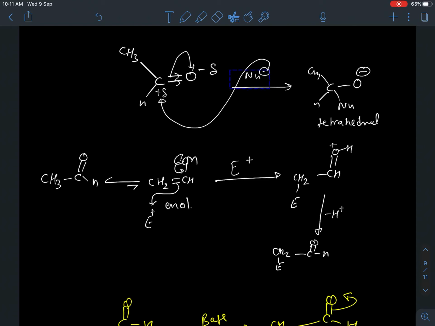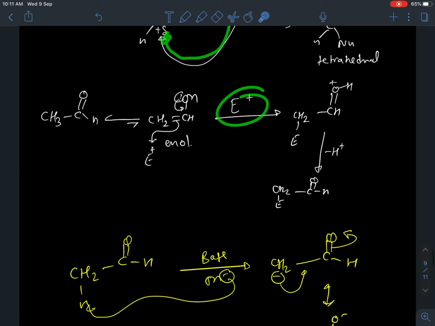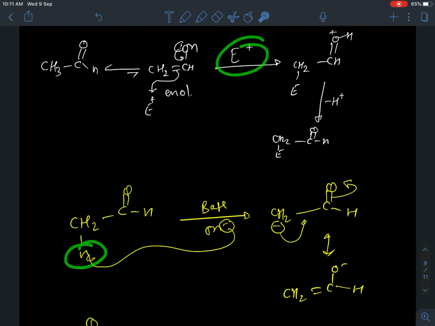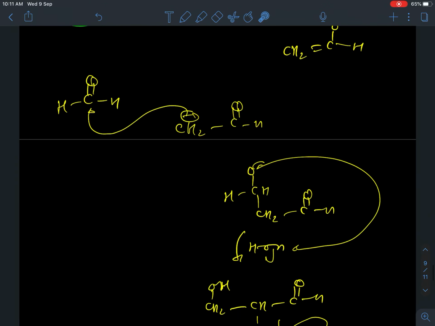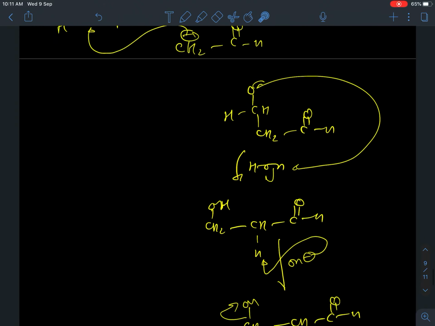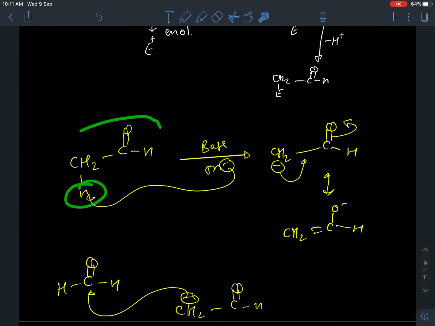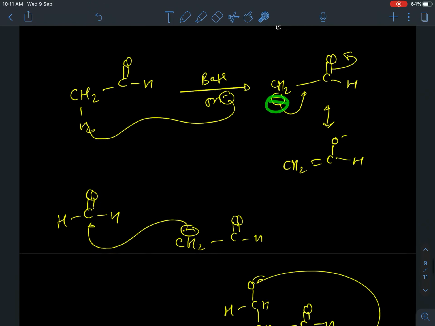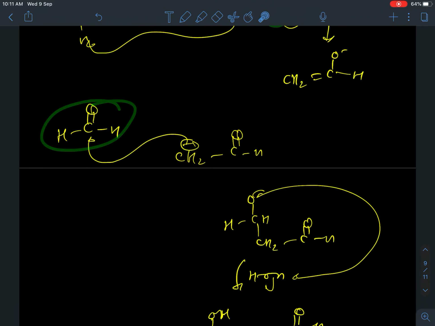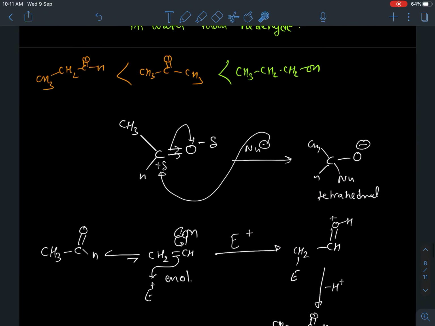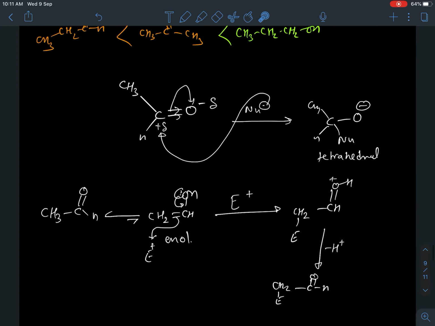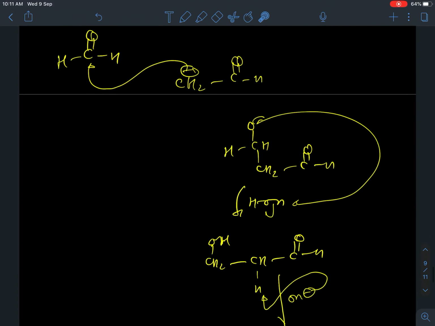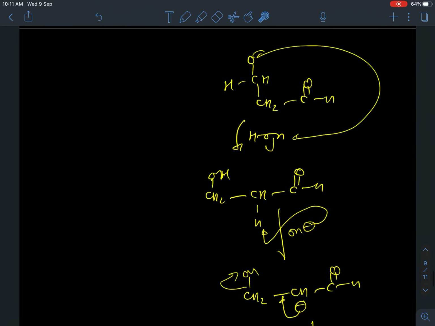You can attack a nucleophile, you can attack an electrophile, and even the alpha hydrogen, by its removal, finally gives a condensation reaction, and this itself acts as a nucleophile for other carbonyl groups. So all these three reactions we will study in detail, but first I would like to discuss the nucleophilic reaction today. So with different nucleophiles we are going to discuss today.